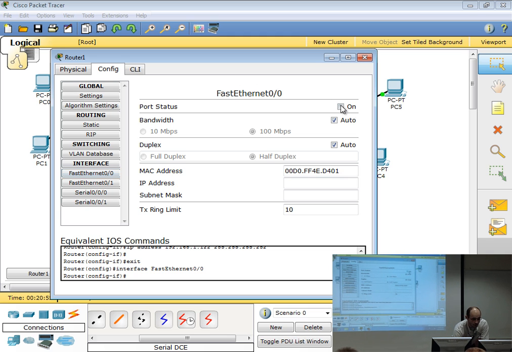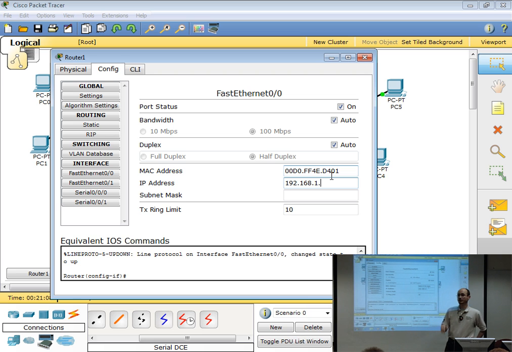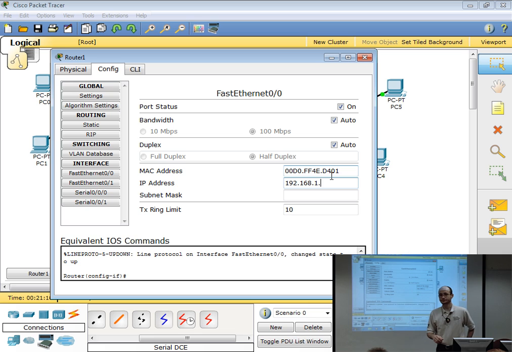I'm going to turn this port on. And where it says IP address, I'm going to type in 192.168.1. What do you think I'm going to use? Brian, what did you use for this network? Subnet 0. So I'm on the very bottom, the one with 60 hosts. 62, very good, because that's the last usable one for that range, because subnet 0 goes from 0 to 63,